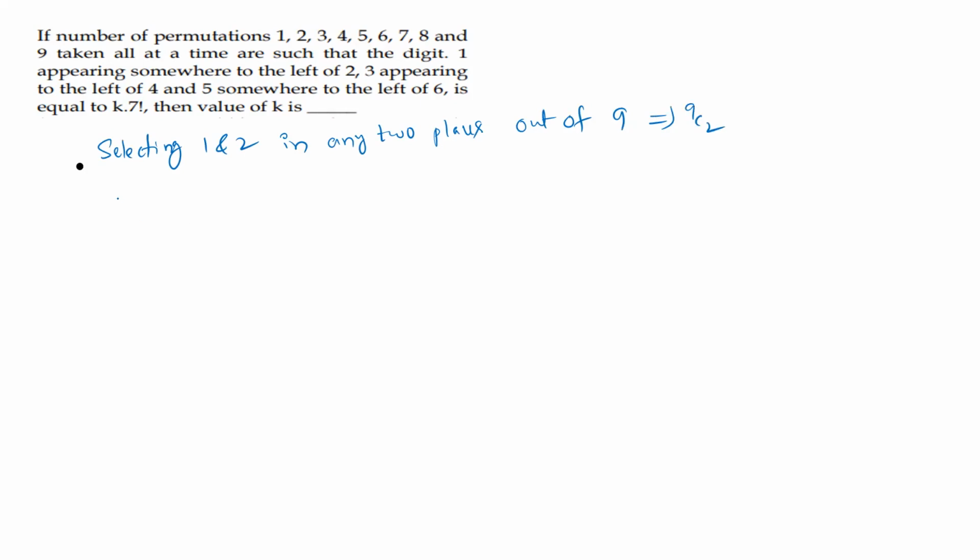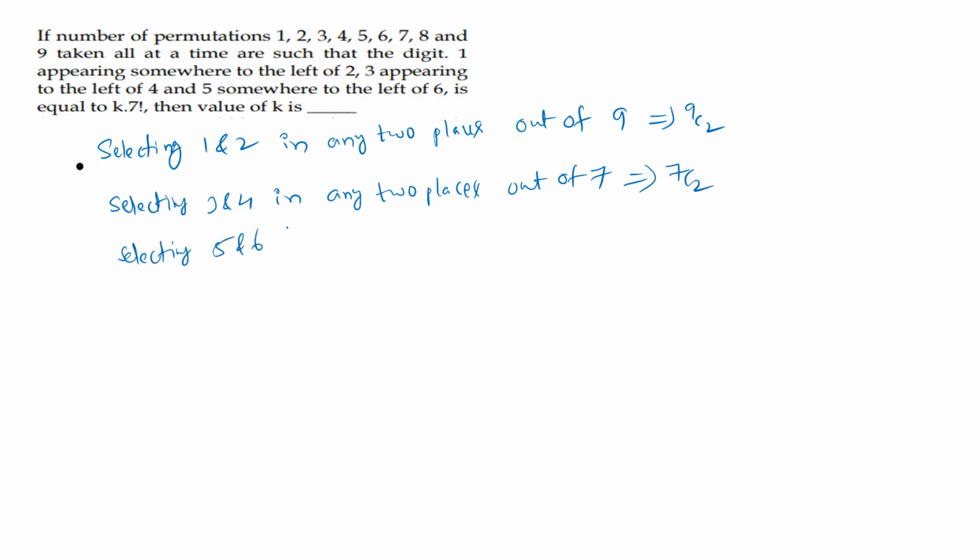9C2 ways. Similarly, next, because 3 appears to the left of 4, that's why I'm selecting 3, 4 in any 2 places out of the remaining 7. That is 7C2. Next, one more condition is also given, 5 appearing left. I'm taking 5 and 6 in any 2 places